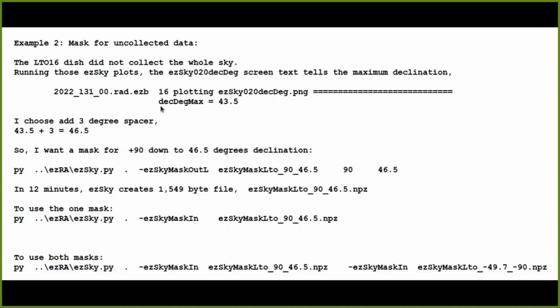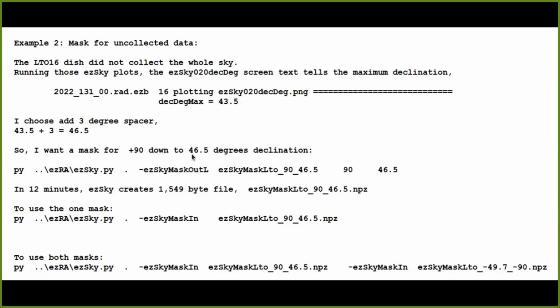And part of it talks about what the maximum declination was that was plotted. We can use that number, 43.5, and I add a 3-degree spacer to come up with 46.5. So I want to mask from the North Pole at plus 90 degrees all the way down to 46.5 degrees